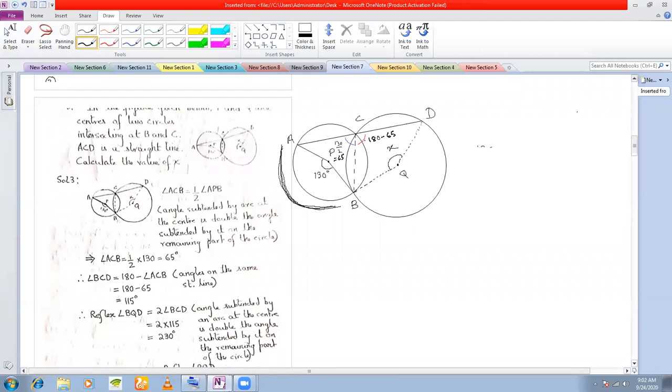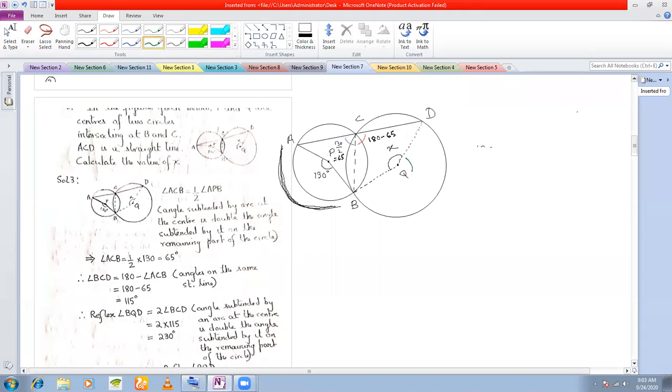Okay. Now once I have got this red angle, now again if you see, this red angle here is angle on the circumference. On which arc? On the arc BD of the bigger circle, of the larger circle. This red angle is the angle at C on the arc BD. Again, this angle at C, this red angle, is the angle on the circumference on the arc BD, remaining part of the circle.